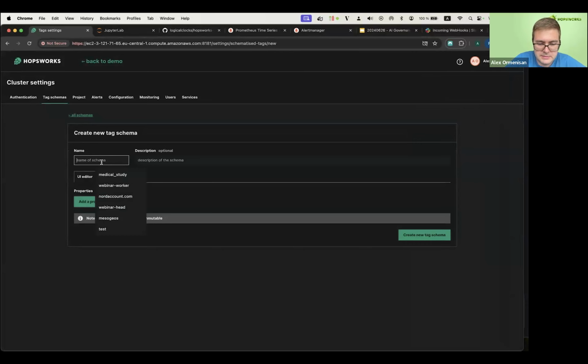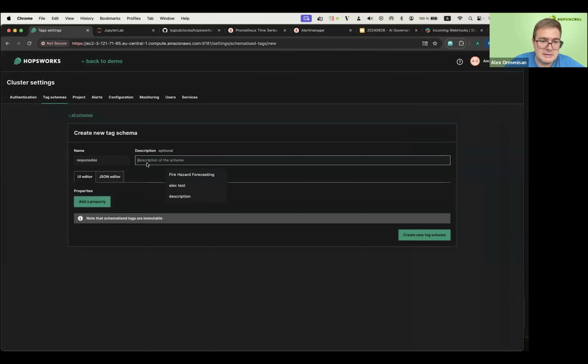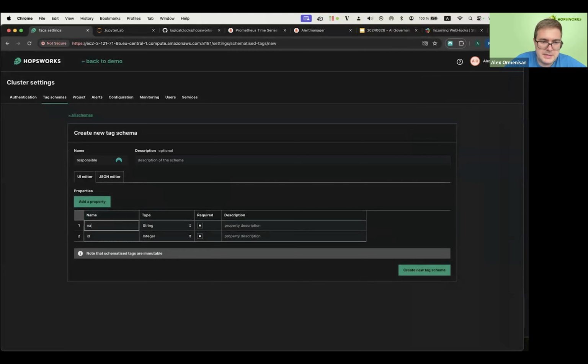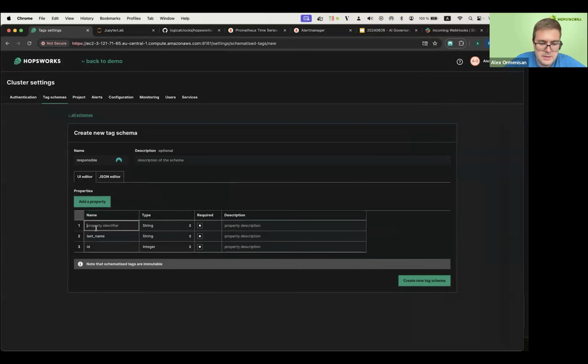So let's say a responsible person for something, I can add a description for what it is, and then I can add some properties. I can add an ID, which should maybe be an integer. Maybe it has a last name. You can give it a proper description, first name,